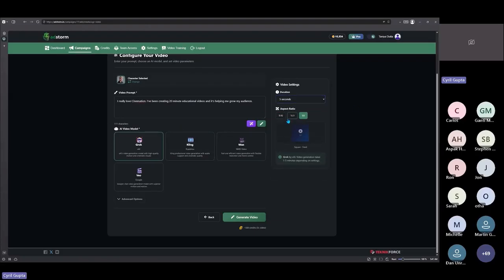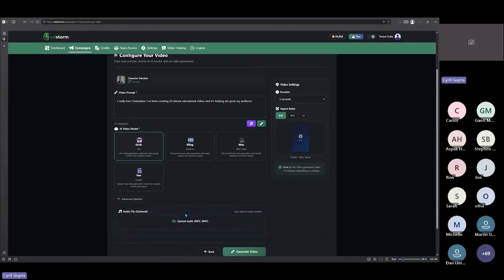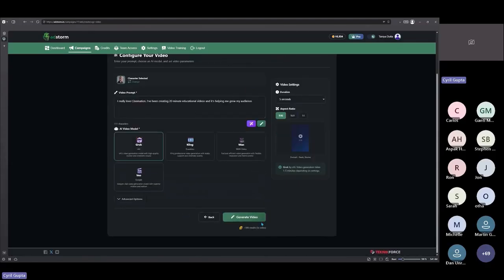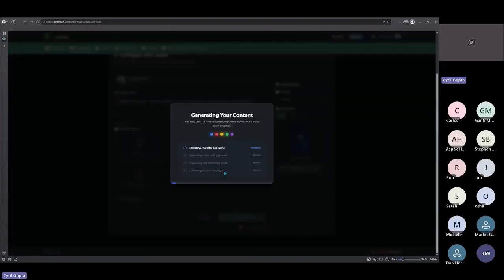You can choose different options, whether you want to put it on Instagram or other platforms. You can choose the size ratio. I'll go for 9:16 or 16:9. 9:16 is good for this one, and click on generate video. In advanced options, you can also upload your own audio. So if you got recorded audio, you can upload that too, but I will leave that be. Click on generate, and I will have a UGC video in just a few seconds, just like asked by Pamela. So we will look forward to that.